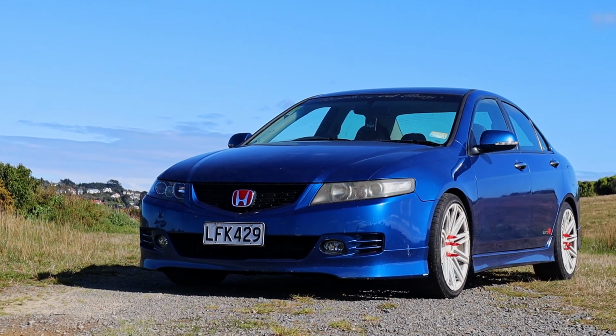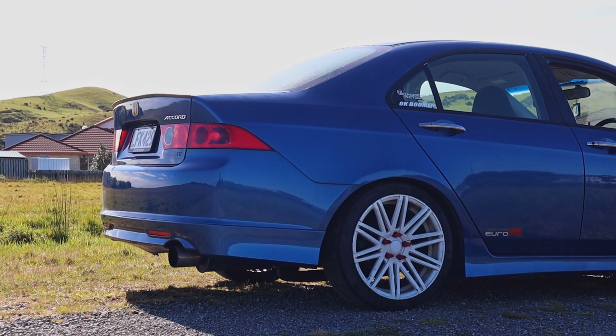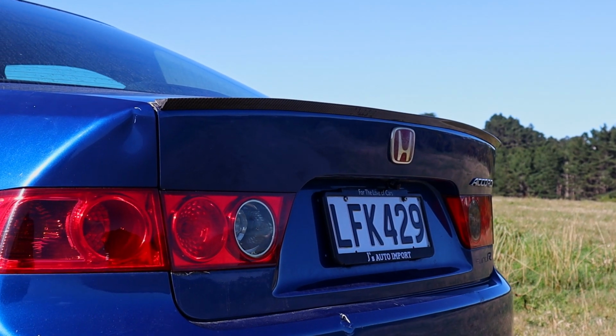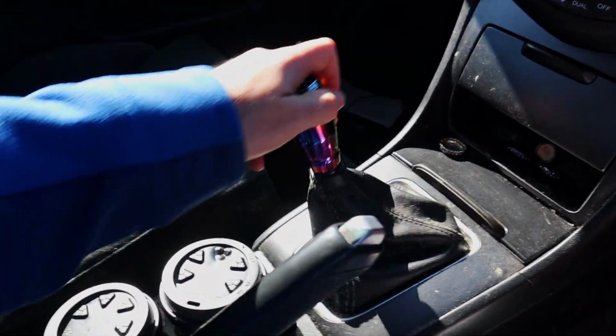And last year I bought this repossessed Accord Euro R for the sum total of $4,000. Pretty sweet deal, right? A blue facelift 2006 Accord Euro R with the K20 engine, 6-speed manual and Recaro interior,